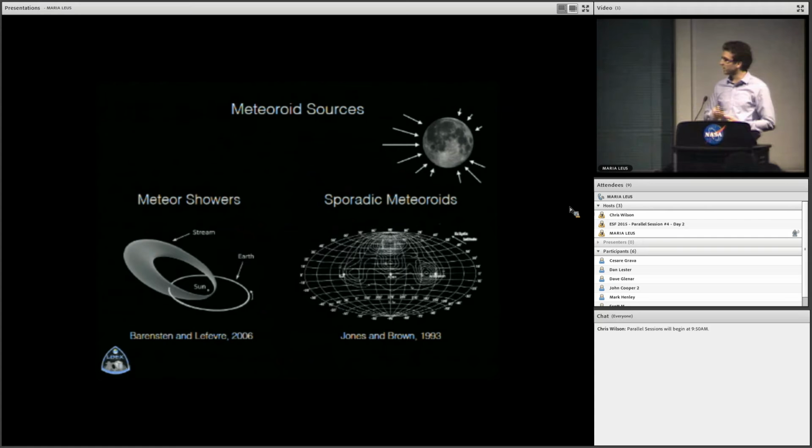They are grouped into 2 different kinds of impactors. We have the meteoroid streams, and those are characterized by collimated beams that we've detected at Earth that all seem to be originating from the same parent body and have orbital elements very similar to the original parent body. And there's sporadic meteoroids. Those are pieces of material that